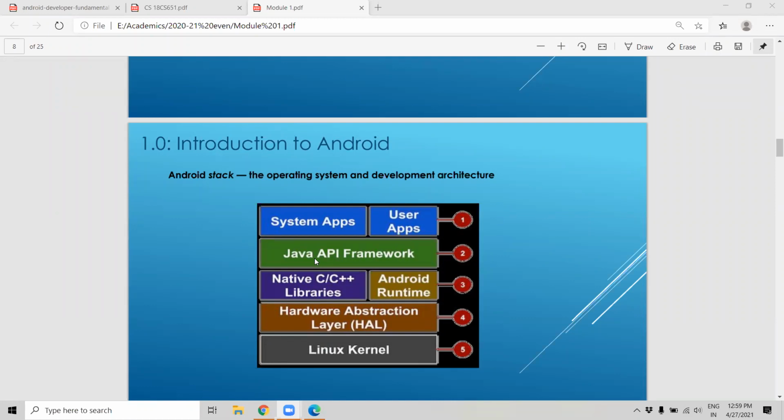Other than the main function, we'll write some add, multiply, subtract, division. In that way, ready-made functions in Java are there, that we are going to call the Java API framework. Our user apps are going to use this Java API to communicate with the below layers. If you send your name, that will go to some function in the Java API.